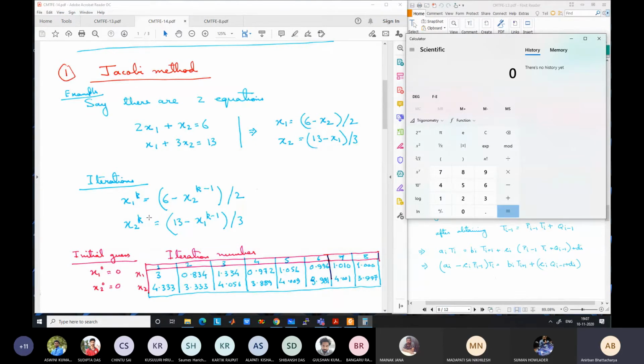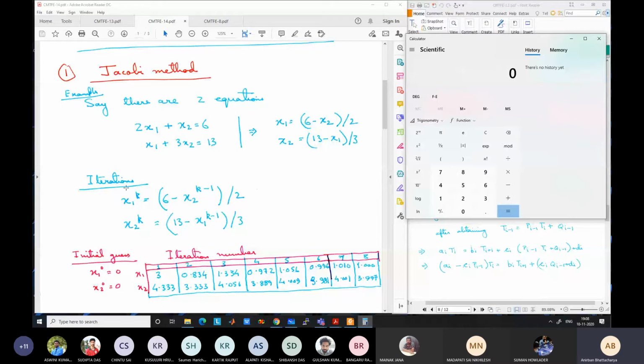And you just proceed along like this and always compare the result x1k with x1k minus 1. What is the difference? You can check the absolute difference or relative difference. Either you can check x1k minus x1k minus 1, or you can check x1k minus x1k minus 1 divided by x1k. Then check whether it is less than a certain value like 10 to the power minus 3 or minus 6, and if it is less than that, you say stop the calculation, we are happy. But you have to converge for both, meaning both variable values have to go below that value. That is known as the convergence criteria.